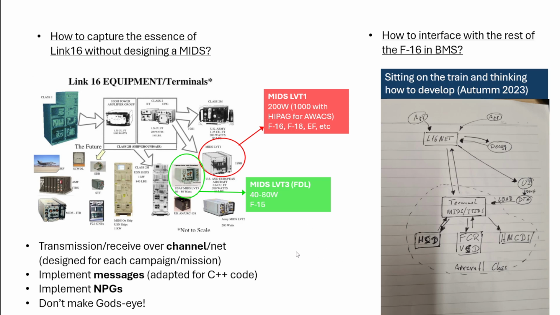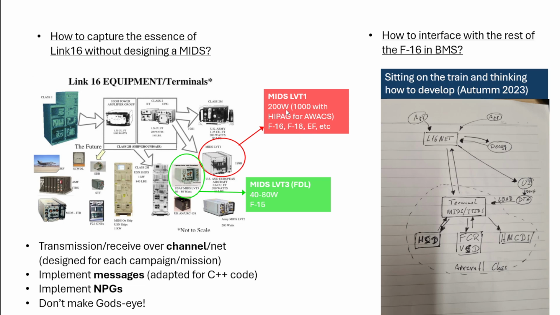So my approach was actually to understand first how the MIDS works and try to figure out what the essentials are. The Link 16 equipment, the J series, came from very many series of equipment. The class 1 is a very old one. This class 2 was ship, ground, or air. This is mostly used in old aircraft, as far as I know, with high power. There is a high power amplifier group with 1,000 watts. The MIDS LVT1, that's the one that you have in the F-16 and F-18 Aerofighter, has